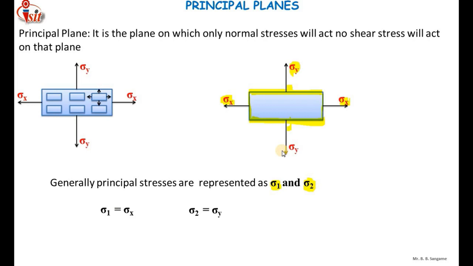Here I have assumed that sigma x is greater than sigma y, and as sigma y is less than sigma x, sigma y is the minor principal stress. So we can call sigma 1 the major principal stress and sigma 2 the minor principal stress, or we can call them the maximum principal stress and the minimum principal stress. Okay,